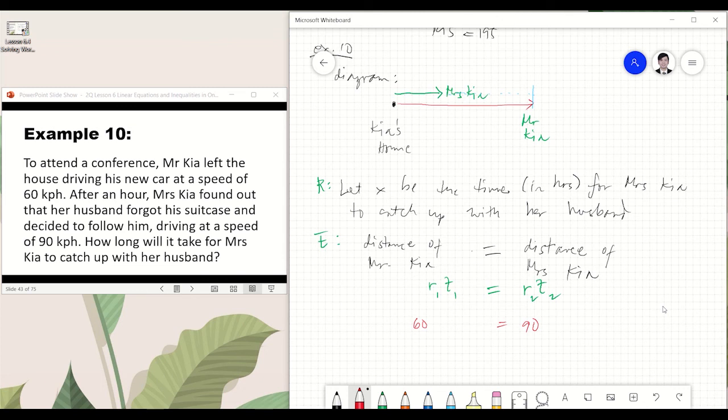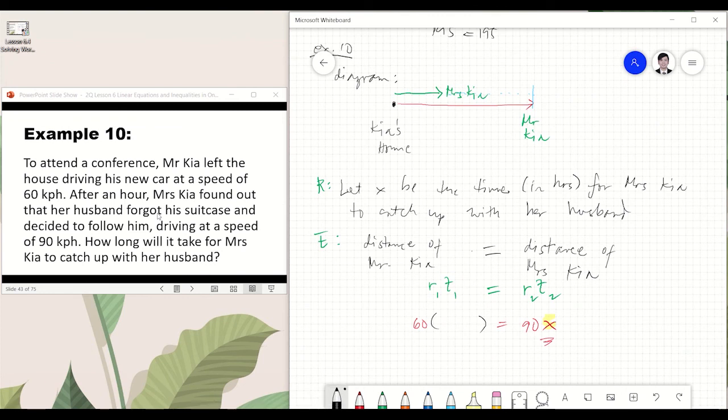So, take note that kung yung x natin is yung time na nakakatch up si Mrs. Kia, so, ibig sabihin nun, that's 90 times x. Kasi ito, ang meaning ng ating x ngayon, ito yung time na nakakatch up na si Mrs. Kia. So, ano naman yung time ni Mr. Kia? So, take note, nauna si Mr. Kia for an hour. So, ibig sabihin nun, kung ano yung time na kailangan ni Mrs. Kia para makakatch up kay Mr. Kia,